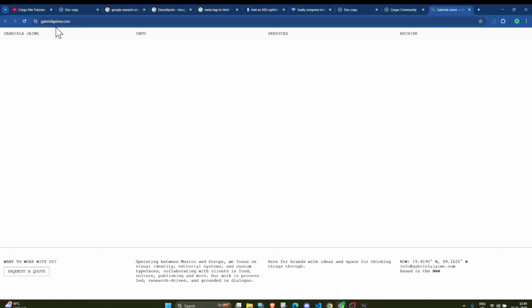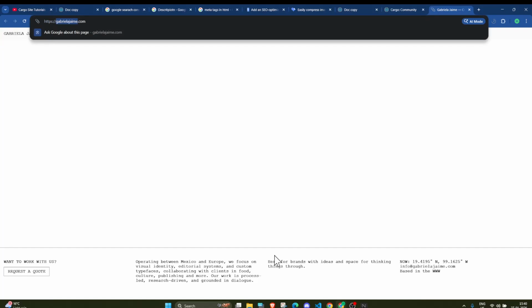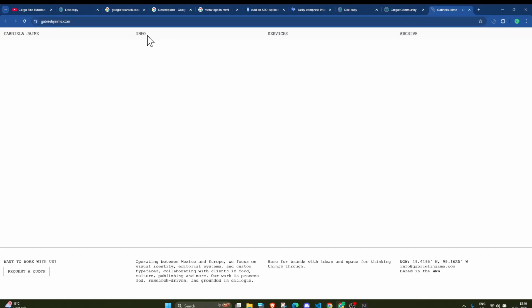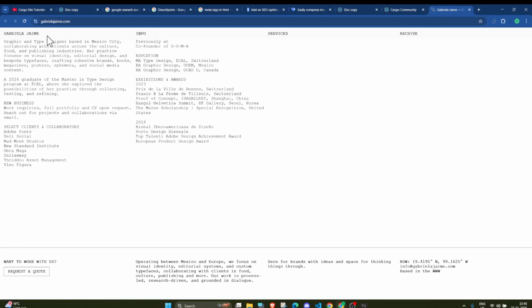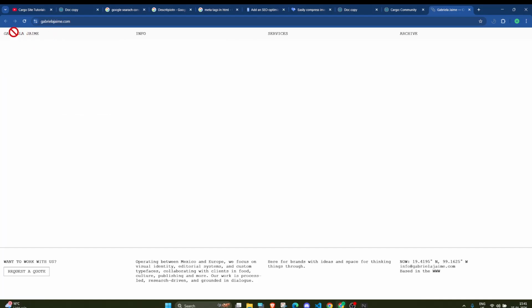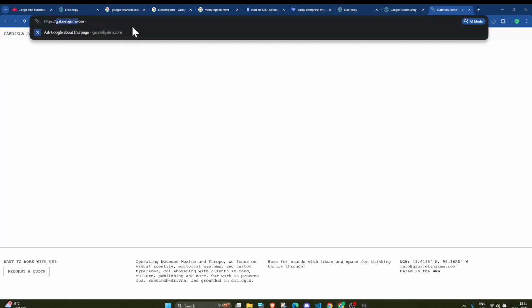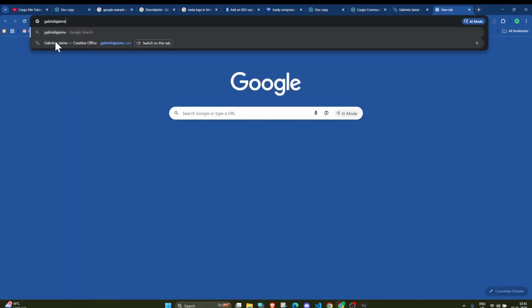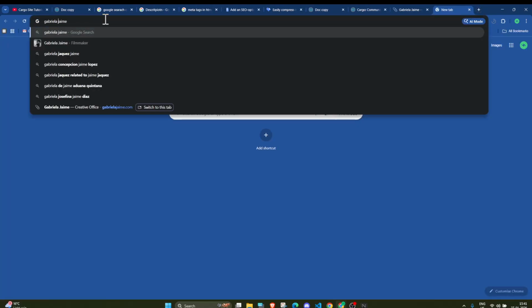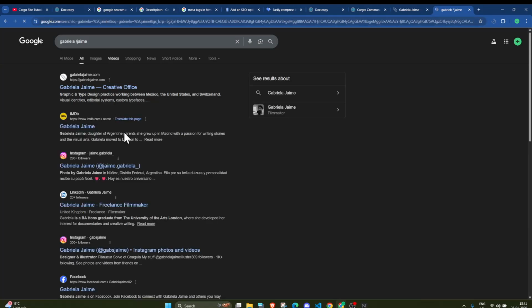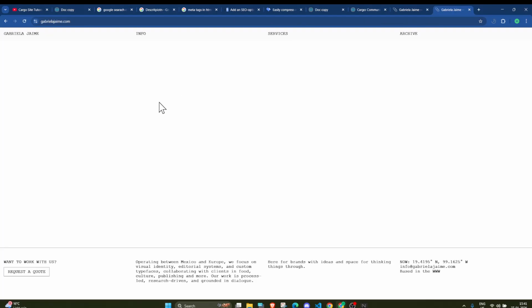Suppose this is a Cargo portfolio site, and if I go to info and copy this name, and then search for this name, you can see that this website is showing in the first result.